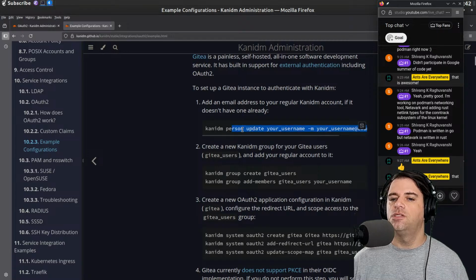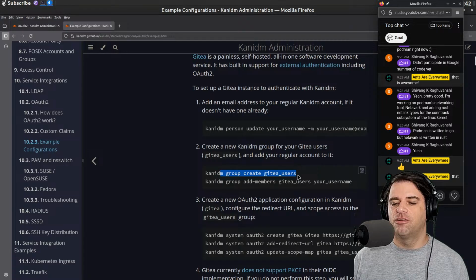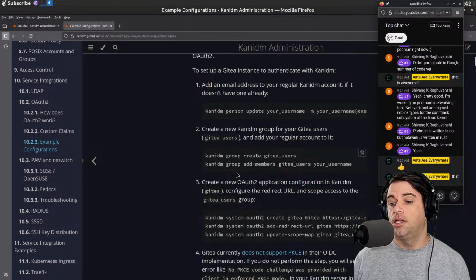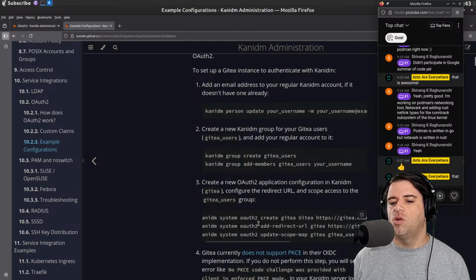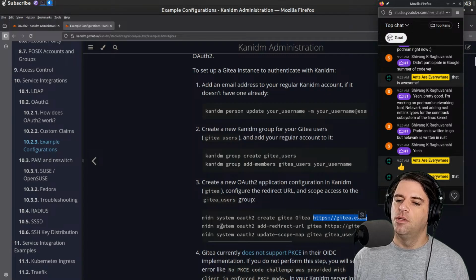Persons. So person is the command that creates persons. So then you're going to create. This is for, I guess, getting it to work with Gitea. And then system OAuth to create Gitea, and then passing in the login screen that should redirect to Kanidm.